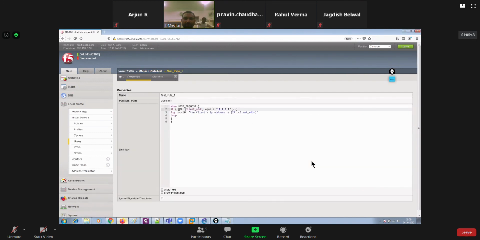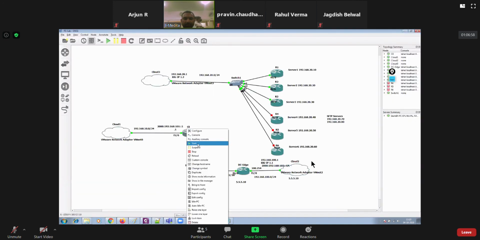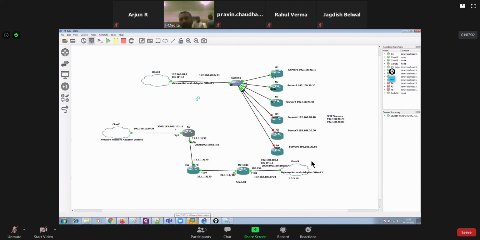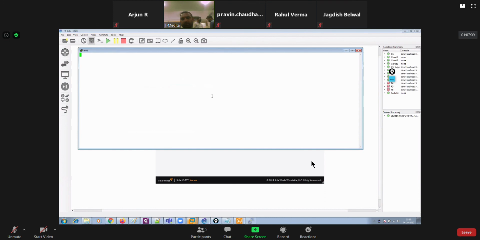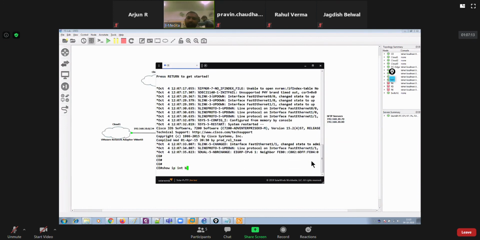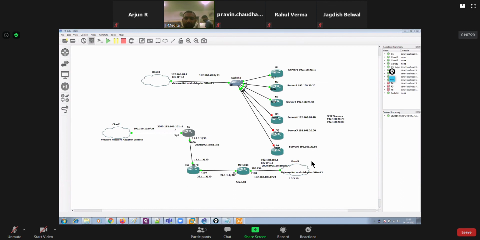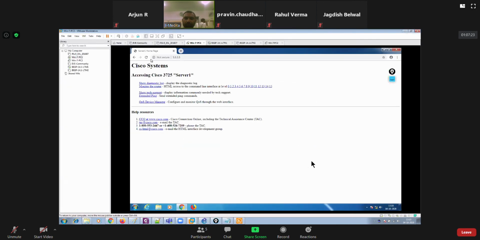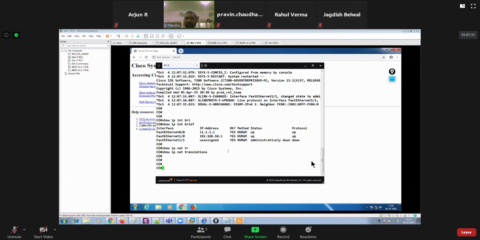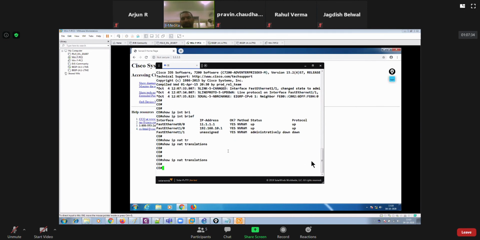When HTTP request is client address equals to that is not happening. How is it possible?